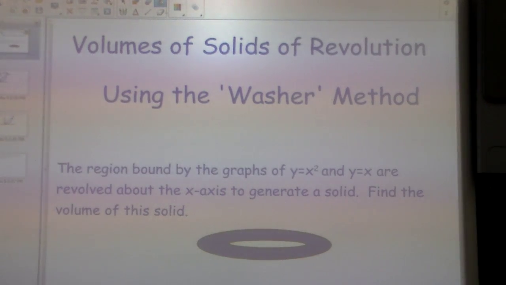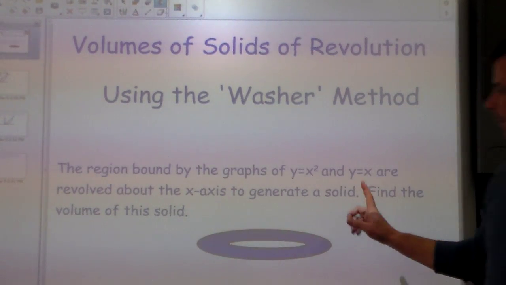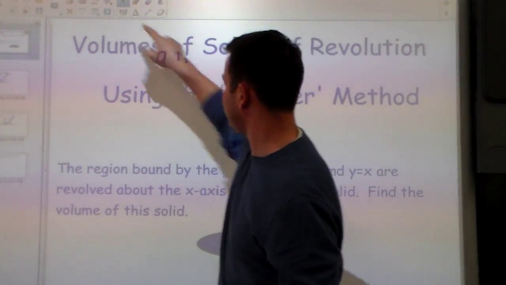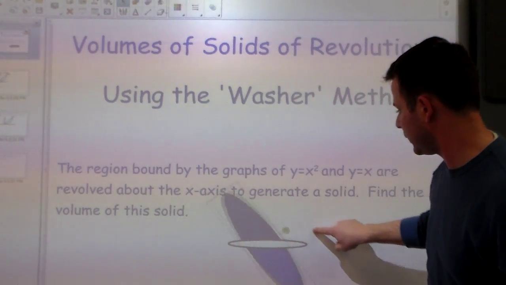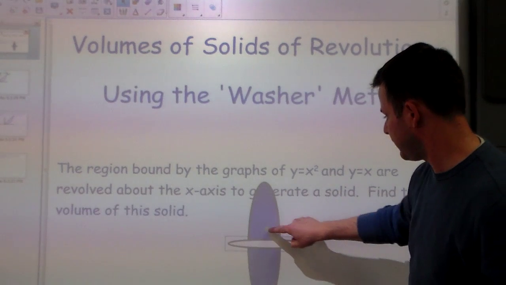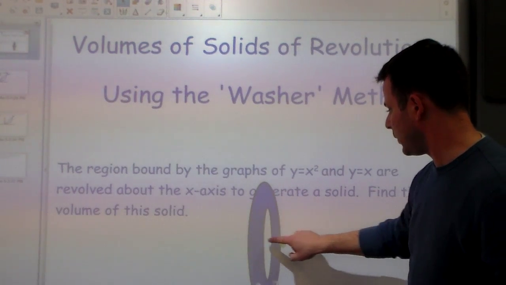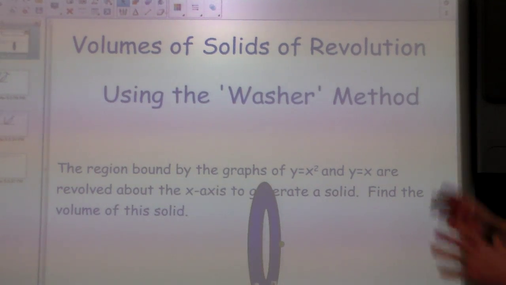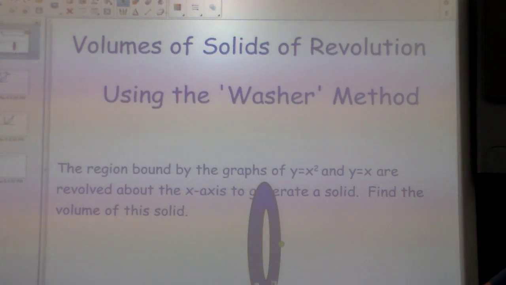And that's what our cross-section will look like if we were to revolve about the y-axis. If we were to revolve this about the x-axis, it would simply look like this. So there's a single cross-section of a washer, and that's important to visualize here, because if you remember the formula